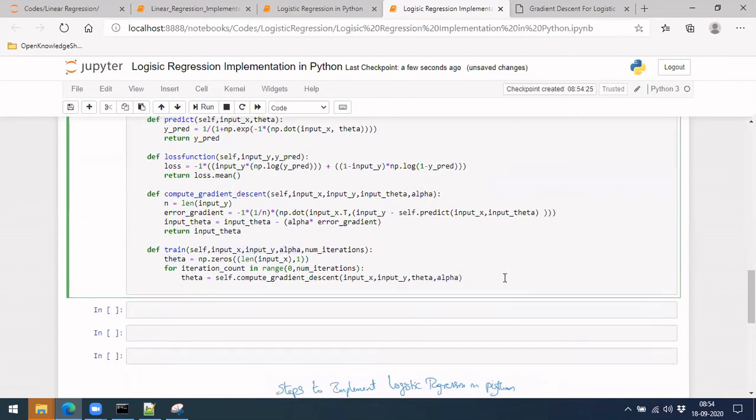Finally, what will happen is it will do the gradient descent and we'll get the new theta here. Now you have the new theta, and this should run for the number of iterations, maybe 100 iterations, 200, whatever we provide here. So it will run till that point. After it runs, we would also like to measure our loss at various points. So let's take that as well.